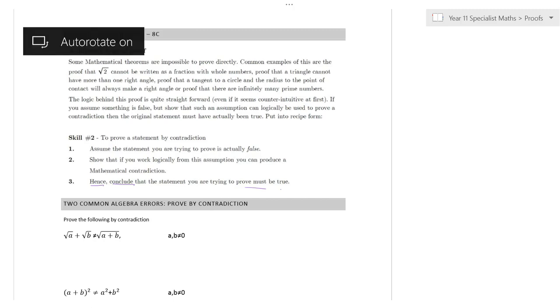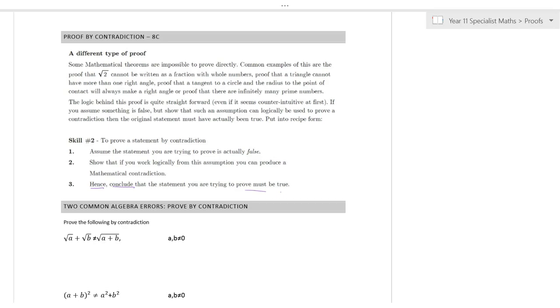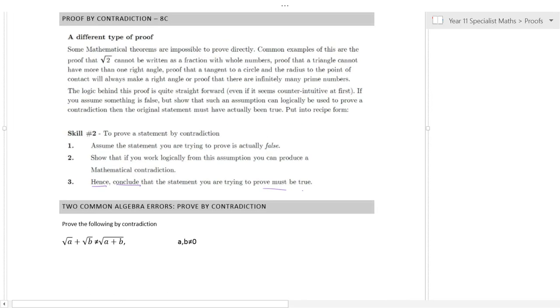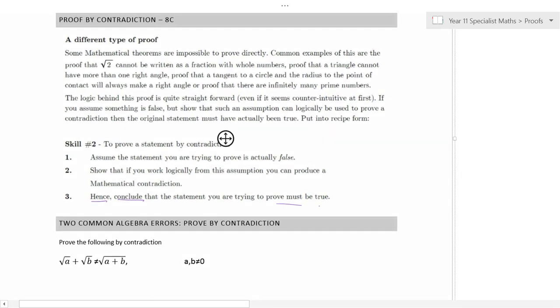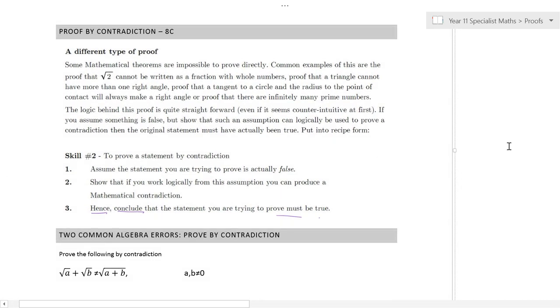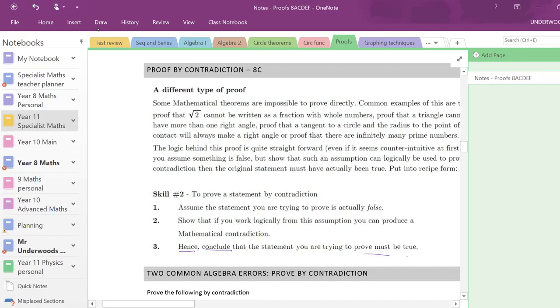In this short video, we're going to be going through a very important proof, and that is proof by contradiction. For some proofs that we've shown you before, we can actually do a direct proof via algebra. But there are some things, such as if I want to prove that root 2 is irrational,